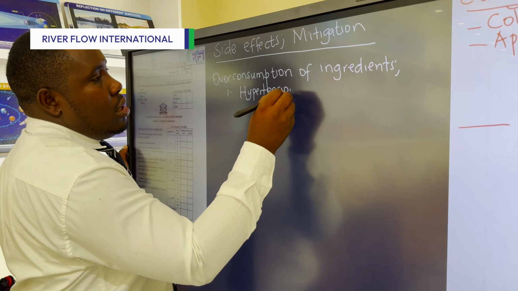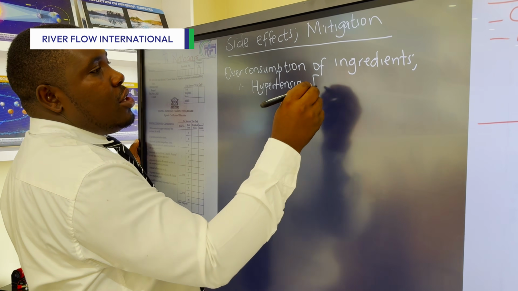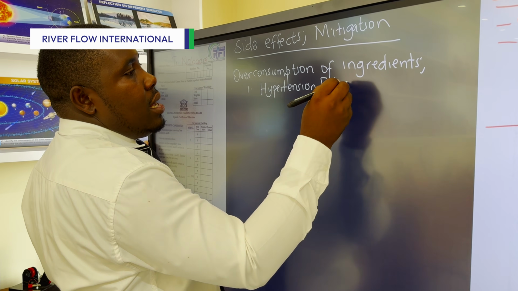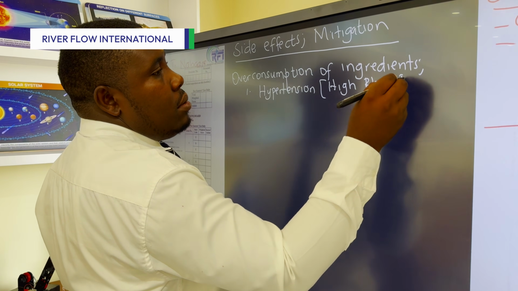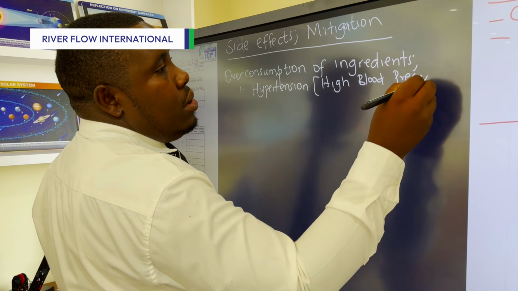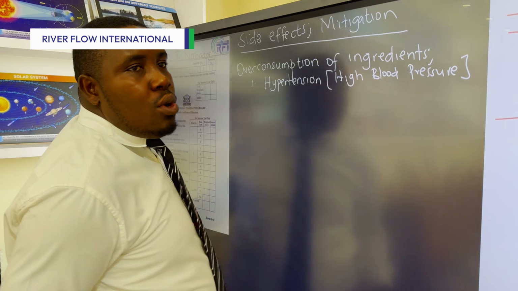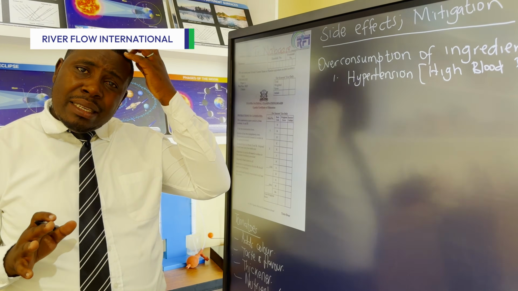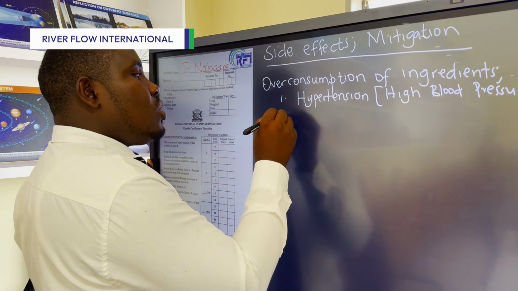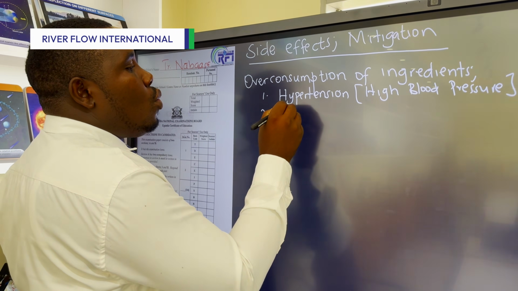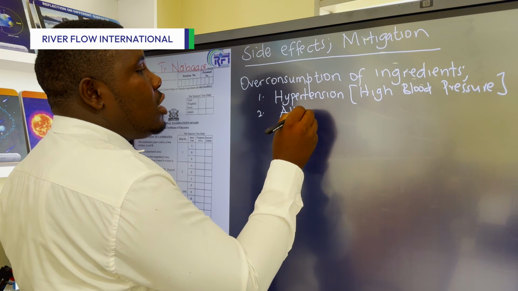Hypertension. Those of you who don't know, hypertension is high blood pressure. I believe in one way or the other, you have heard of someone who has been stopped from eating salt. So this one is usually related with salt. Then number two, we have allergic